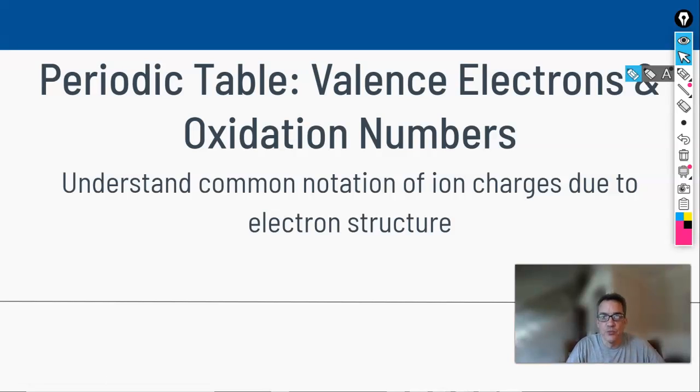Today we're going to hit some more things on the periodic table, specifically with valence electrons and oxidation numbers. Oxidation numbers are probably a new term for you. Valence electrons may not be, but these are things we've discussed probably in previous episodes. However, these are going to be useful for us throughout the rest of the